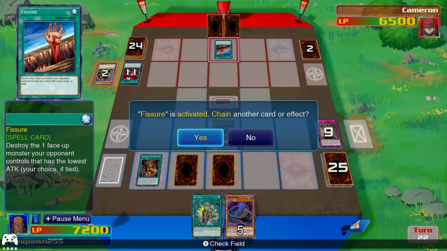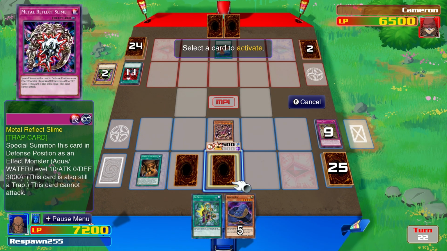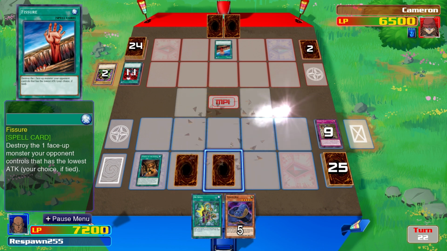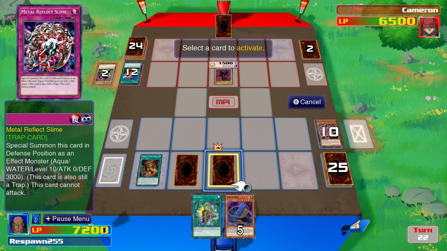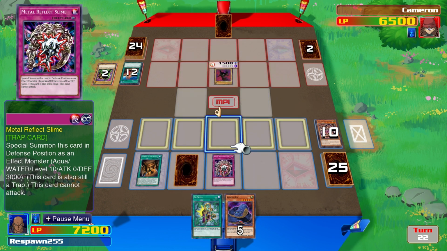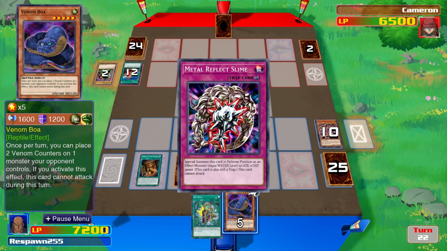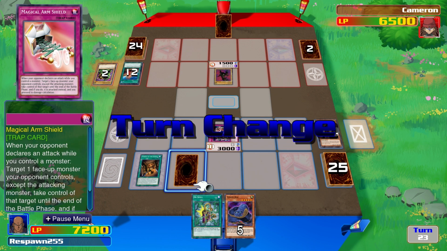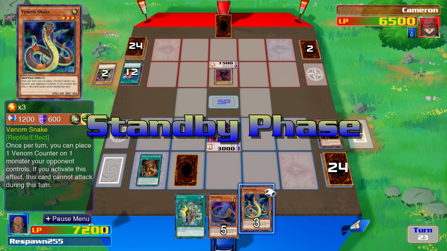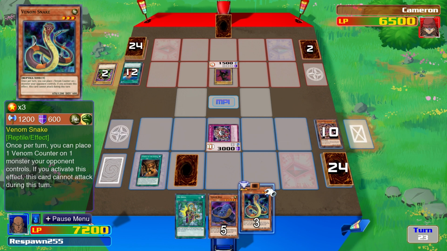And speaking of magic cards and taking out your opponent's monsters, Fissure has just been played. Ooh. Odion could have flipped up his Metal Reflect Slime, and that may have actually been able to take the hit from Fissure. He could have saved Mystical Beast of Circuit then, but... Maybe a misclick, or maybe just a quick oversight there from Odion. Would Fissure have taken out Metal Reflect Slime? I'm sure it probably would have, but...